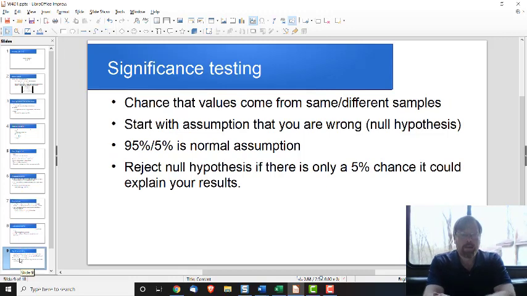A similar thing is significance testing. So if you've got two sets of values, it gives you really the chance that the values come from the same or different samples. So you generally start with the assumption that you're wrong. So if, say, if I thought that these two things came from the same underlying sample set,